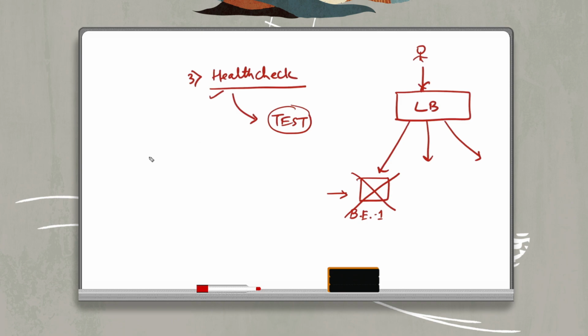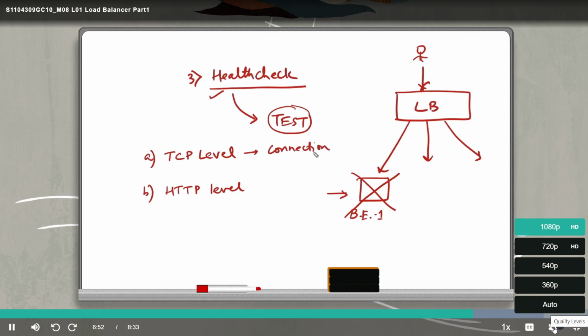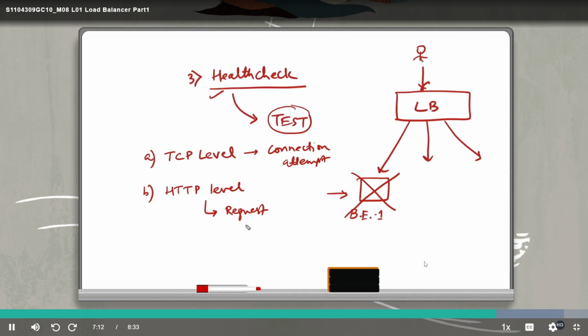And there are two ways in which you can conduct the health check. The first is you can conduct it at a TCP level, and the second is at an HTTP level. In case of TCP level, it is going to be a connection attempt, and in case of HTTP level, it is going to be a request. In case of HTTP level, the request is going to be sent at a specific URI, and then the response will be validated. But the primary purpose of health check